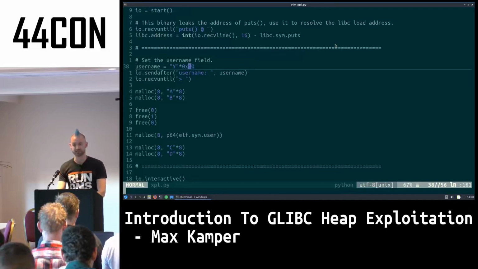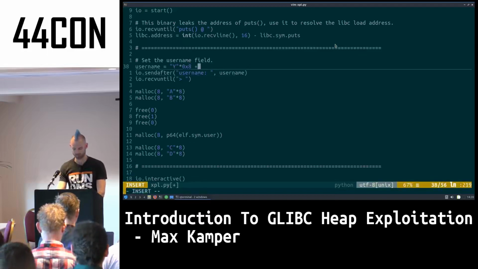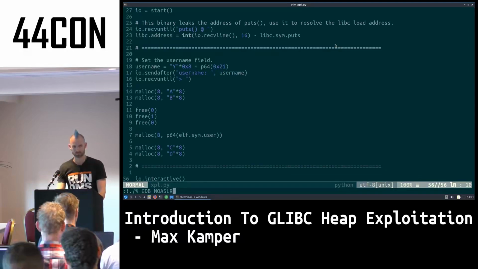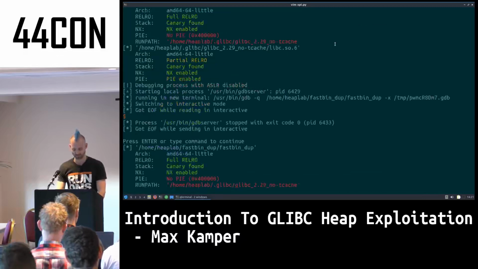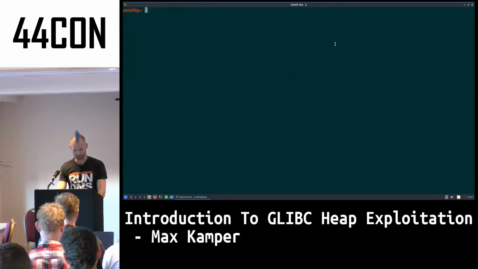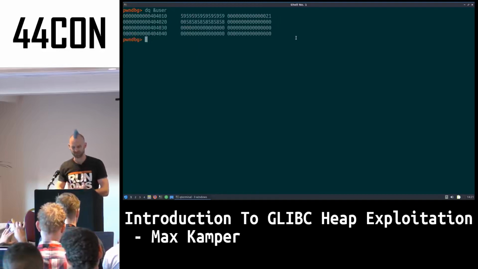So instead of writing 16 bytes of garbage, we're going to write 8 bytes of garbage. And then we're going to use pack64 hex 21. Once you've done that, debug it again. And this time, dump quad ampersand user is going to show us that we forged that fake size field, hex 21. Now, this is a lab environment, so we happen to have control of the quad word right before our target,